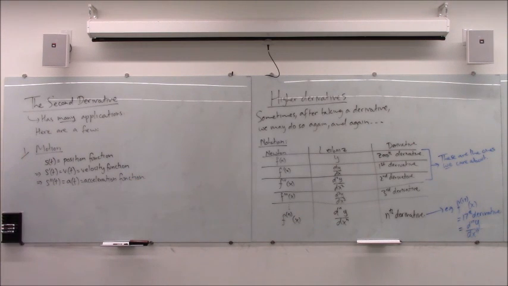Now, the acceleration function is the rate of change of velocity, which means it is telling you if you're speeding up or you're slowing down. So this tells me, where am I? How fast am I moving? Am I speeding up or slowing down, right? So once you start to go to the second derivative, it starts to tell you how your speed is changing. One important constant here when it comes to acceleration